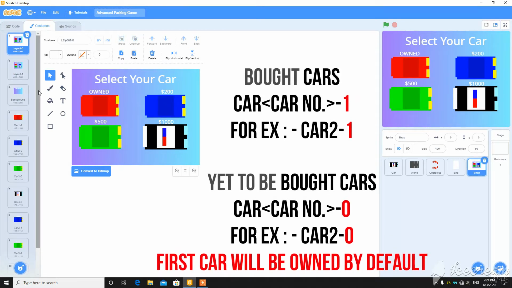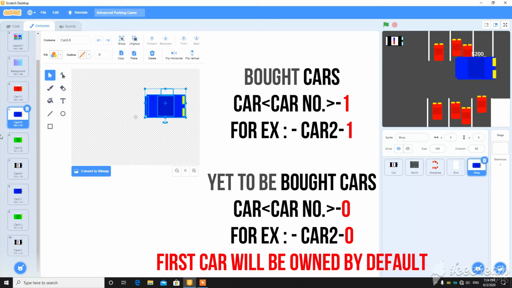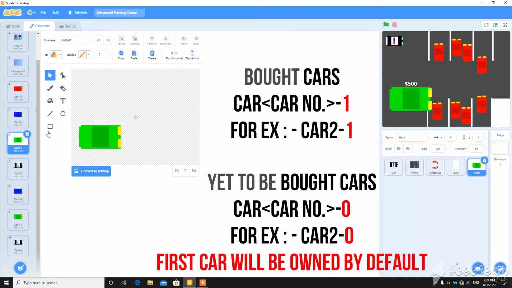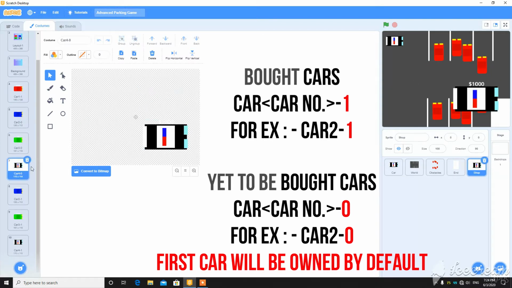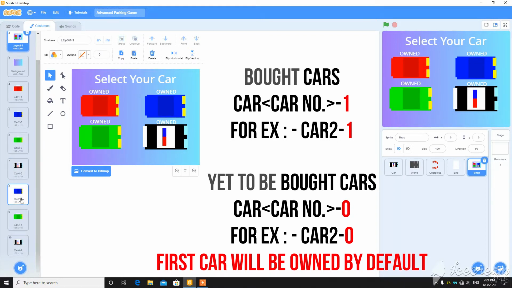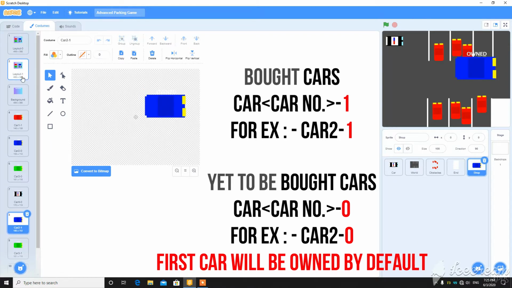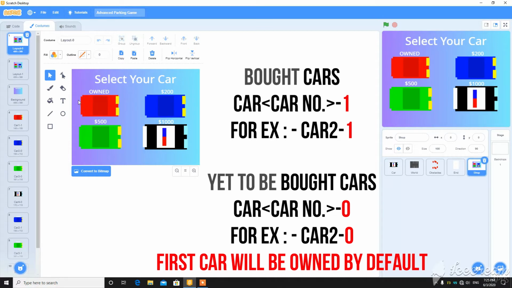So I have separated these 4 costumes. The first one is owned, the second one is $200, the third one is $500, the fourth one is $1,000, and I also made a layout for when you own everything. I have separated these also. Only the first car is not different in the owned layout because it is forever free, and in both layouts it is owned.